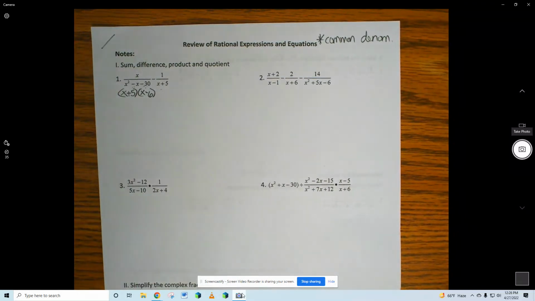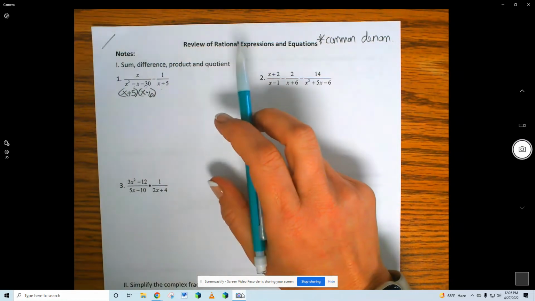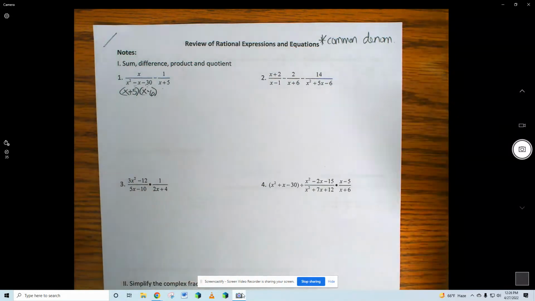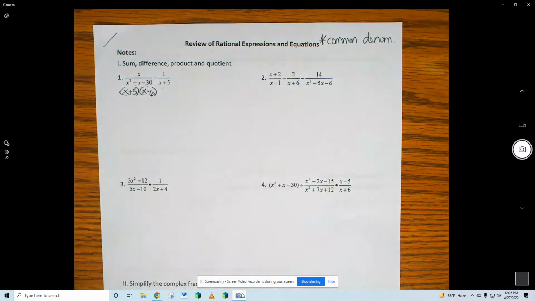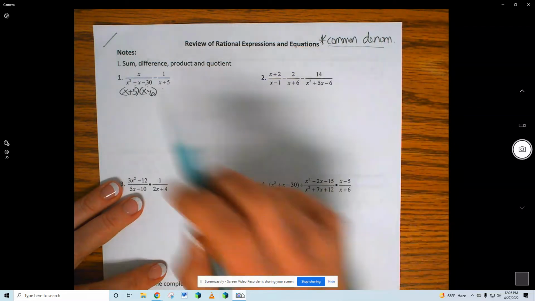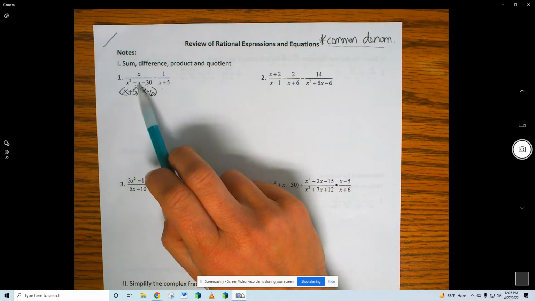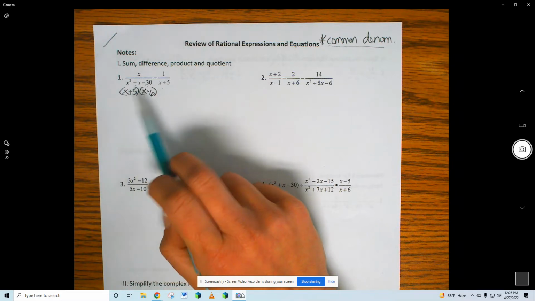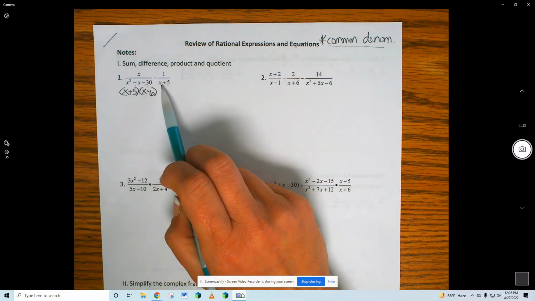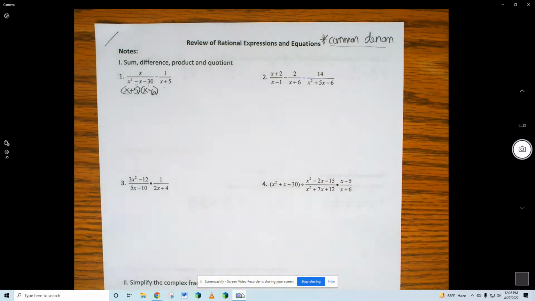All right, we are doing a chapter 4 topic. It's rational expressions and equations. And so our job is to add or subtract or multiply or divide, and we need to find the common denominator. So I put that up here so that we remember. This common denominator is going to be like, this is a trinomial. It has two parts to its denominator. This only has one part to its denominator. So what I need to do is I need to change